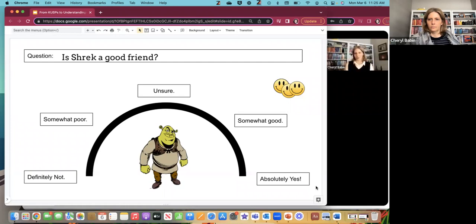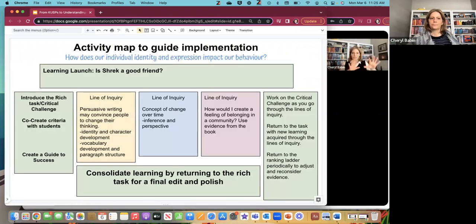And so this is a possible way to invite students to come into that conversation and be part of the learning in an interesting way. And so following that, when you're starting to think about your lines of inquiry, you could use this tool, which is called an activity map, to try to guide your implementation. And so you can have your big question, maybe one that is connected to your critical challenge.